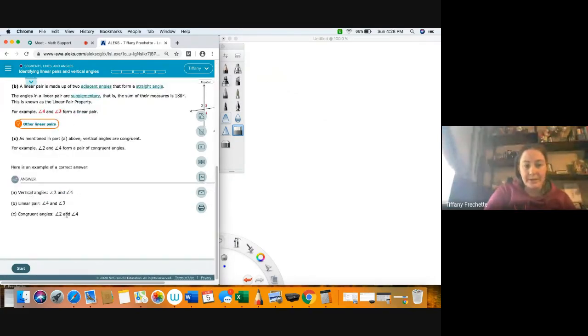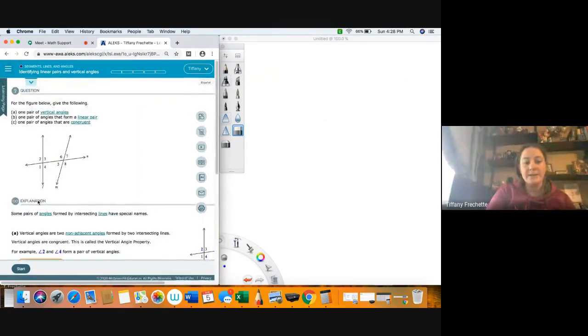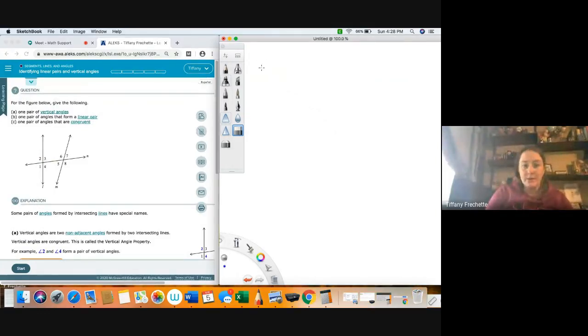So they want you to identify, and they're going to have you actually type in angle 2 and angle 4, angle 4 and angle 3. So they'll have you type it in, and we'll get to see exactly how to type that in on the next page. But for now, what I want to do is write some notes up here, just so that we know